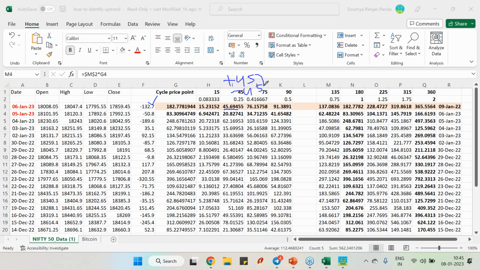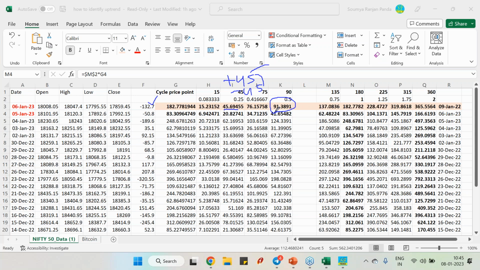If it has given an uptrend, then what is my catch? Plus 45 means it has entered the uptrend. Uptrend means it has to go for 90. This is the first hurdle. It has to cross it to enter the major uptrend or downtrend. The moment it has crossed 91